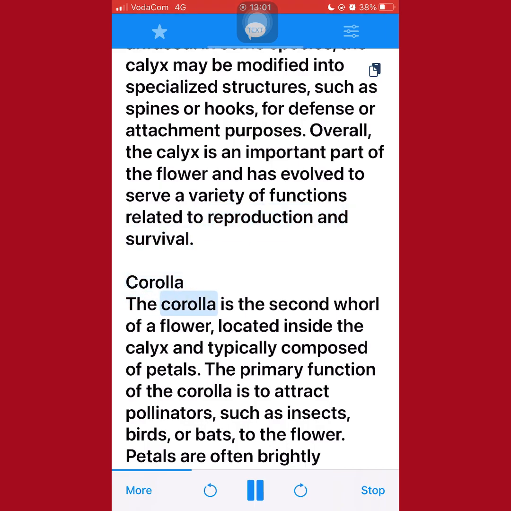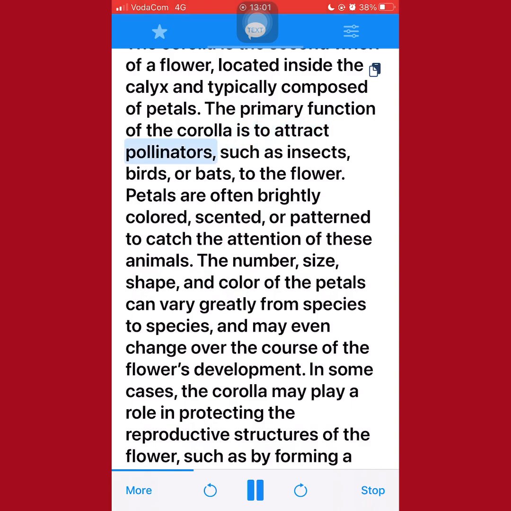Corolla. The corolla is the second whorl of a flower, located inside the calyx and typically composed of petals. The primary function of the corolla is to attract pollinators, such as insects, birds, or bats, to the flower. Petals are often brightly colored, scented, or patterned to catch the attention of these animals. The number, size, shape, and color of the petals can vary greatly from species to species, and may even change over the course